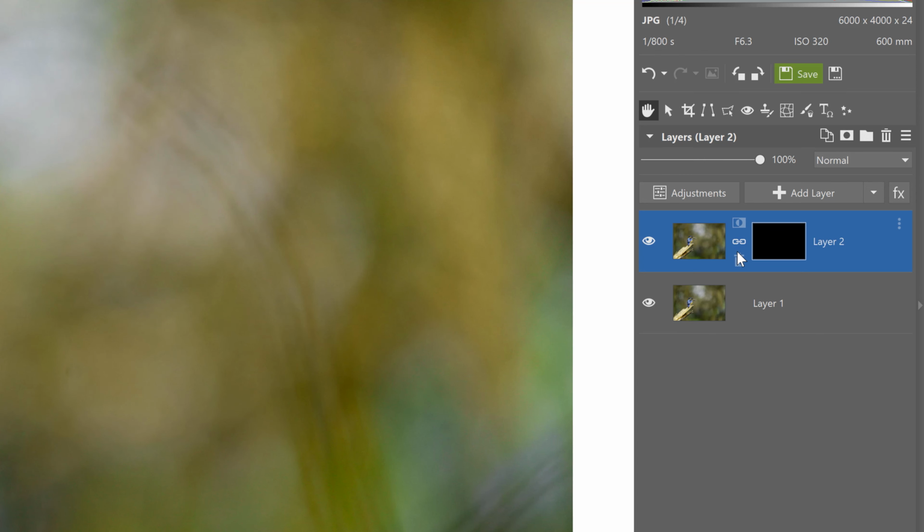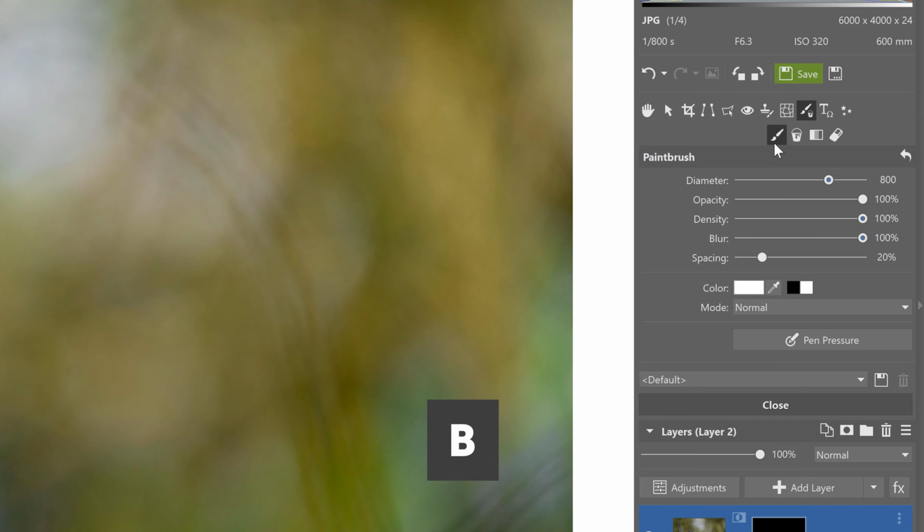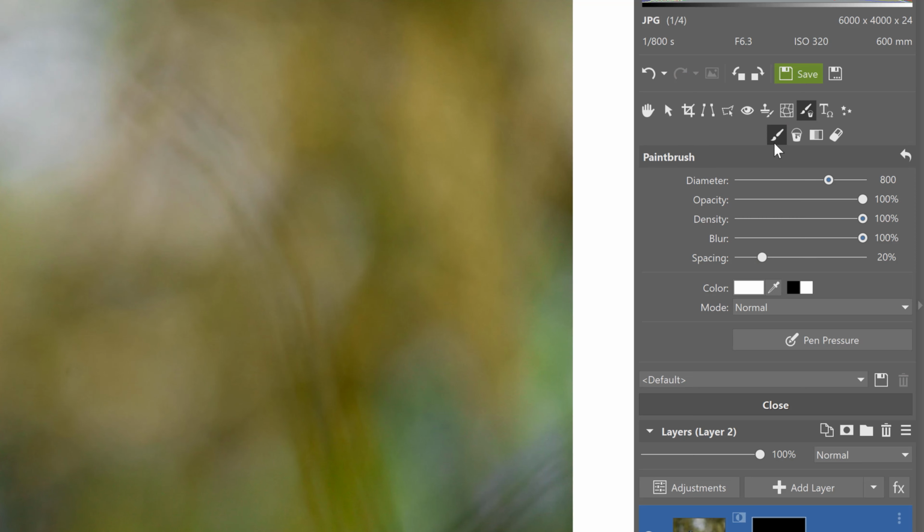And for masking, I use the paintbrush under the drawing tools or quickly access it using the B key. Now it's important to set up your paintbrush correctly. If you don't know how, there's a video we did on it that you'll find here and also in the description below. Now there are two colors next to the paintbrush, black and white. And like I said, white reveals everything, which means that everything white is going to be visible and black hides everything. Anything black is not visible and isn't seen in that layer. Now, since I have a hide all mask in black, I choose white for my paintbrush.